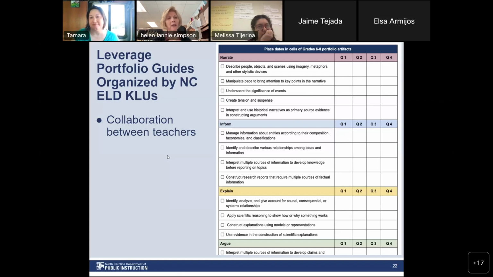And so when you think about, we've talked previously about ACCESS data, right? And are our students meeting that annual target goal for ACCESS or not? As you are very well aware as an educator of multilingual learners, we don't have benchmarks, we don't have check-ins. And so we felt like a formative tool to help us gauge our students' progress toward language development would be a really helpful thing for our teachers.